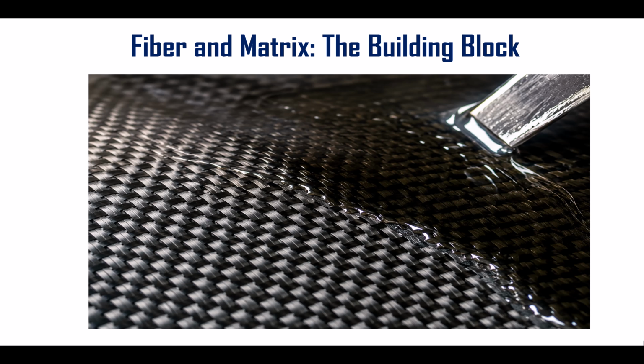Every composite material is made of two essential components: fiber reinforcement and a matrix. The fibers are the primary load-carrying elements. They provide high strength and stiffness, allowing the composite to withstand mechanical load. The matrix surrounds the fibers, binds them together, distributes the load between fibers, and protects them from moisture, impact, and